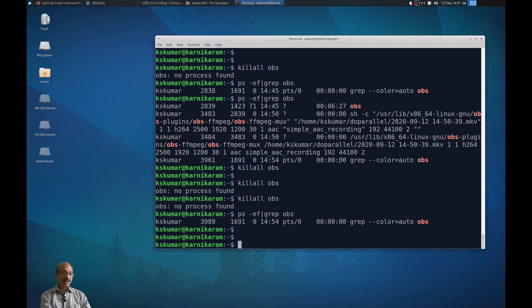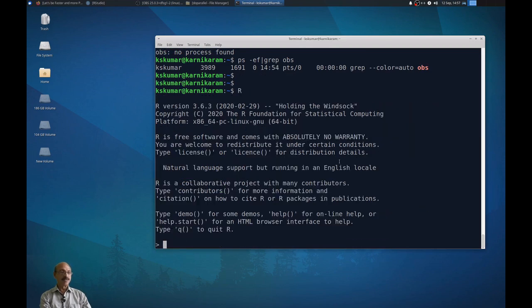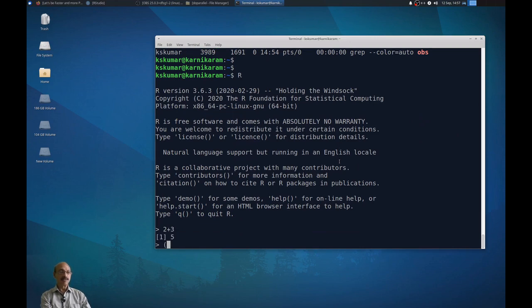In the case of Windows you will get an icon on the desktop. But in Ubuntu, you can open R from the terminal. In the terminal, you just type a capital R and press enter. So this is the R console. You can use R as a calculator. Suppose 2 plus 3, it will give the result. All the mathematical calculations, as a simple calculator, you can use it.